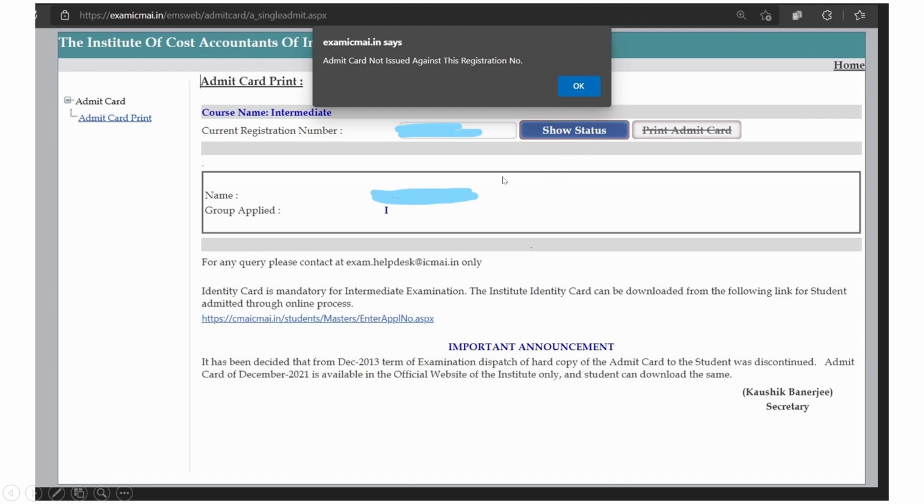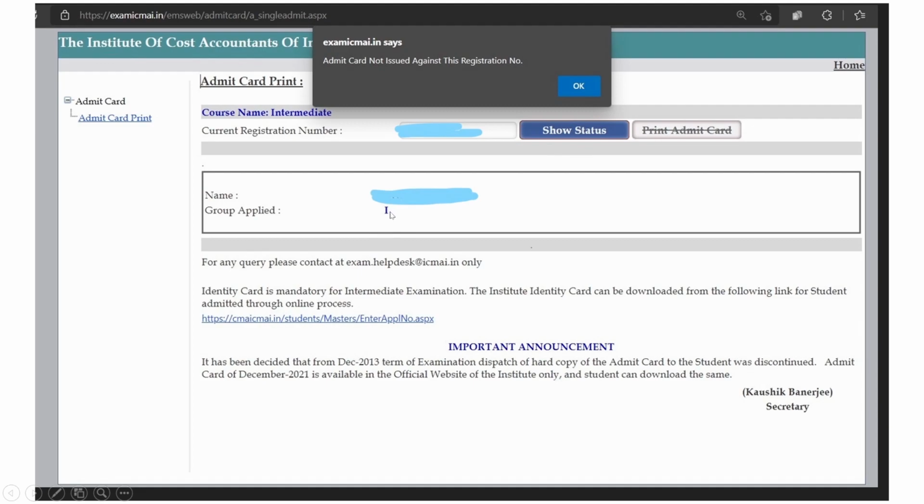The show status will show the group applied, the group for which you have made application for the exam. This will be shown in the show status button. But when print admit card is enabled, only then can you get the admit card. Otherwise, if the admit card is not issued, you will get this message. In the show status button, it shows only the group already applied by you.